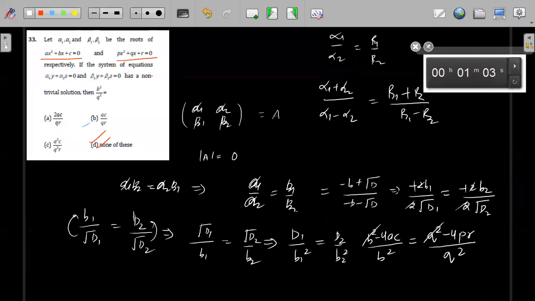This and this will get cancelled because b square by b square is 1, q square by q square is 1. So 1 and 1 will get cancelled. That is what I have done. Now you understood? Okay. So this plus 4, so you will have q square by b square is equal to pr by ac. But they have given qr. I do not know whether they've given it intentionally or it's a misprint, but if these were the options, then the answer will be none of these. Okay, so let's copy this one. Understood? Fine. Just give me 1 minute.